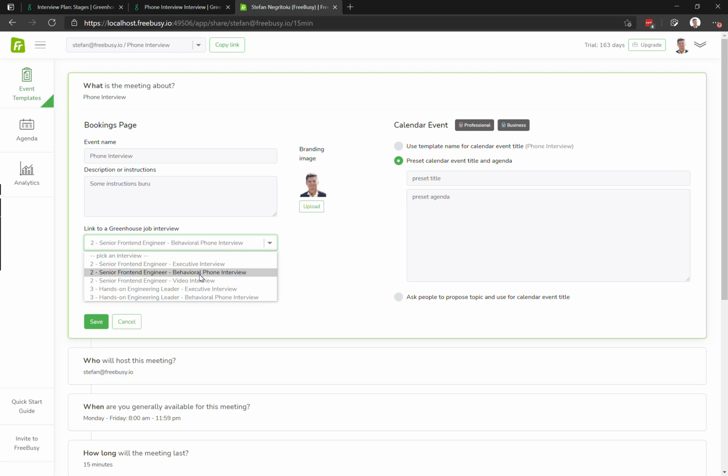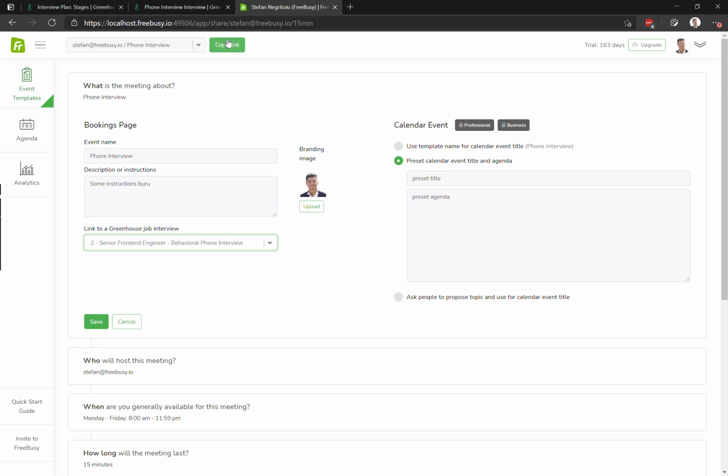These are sorted by requisition ID, that's the number in front, then the name of the job, and then the name of the interview. So I could pick, let's say, this behavioral phone interview here. I could map this interview to the FreeBusy template. I will save. And after I do this, I can share the link to this